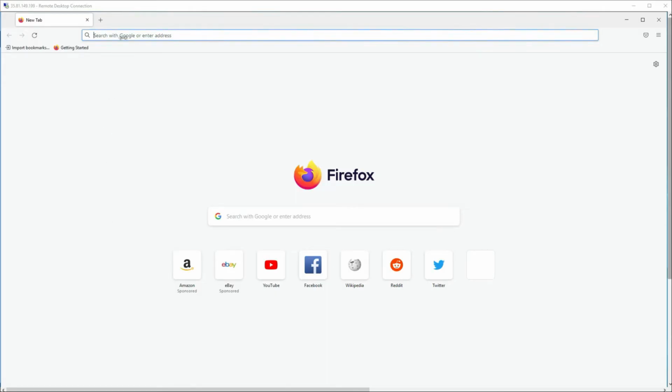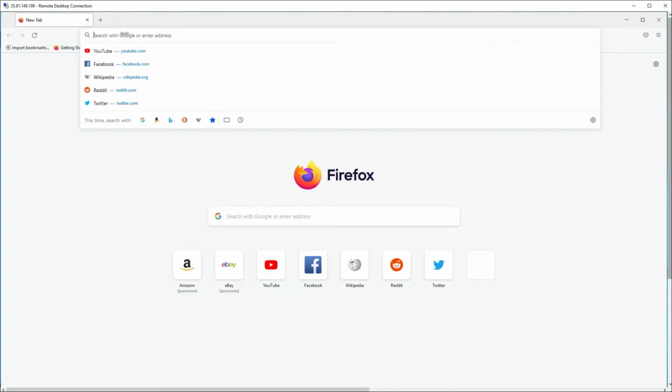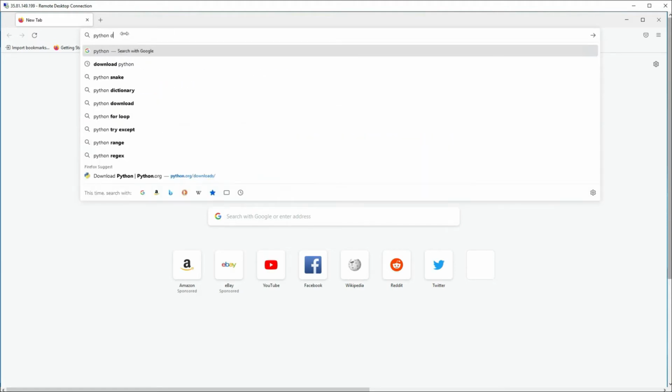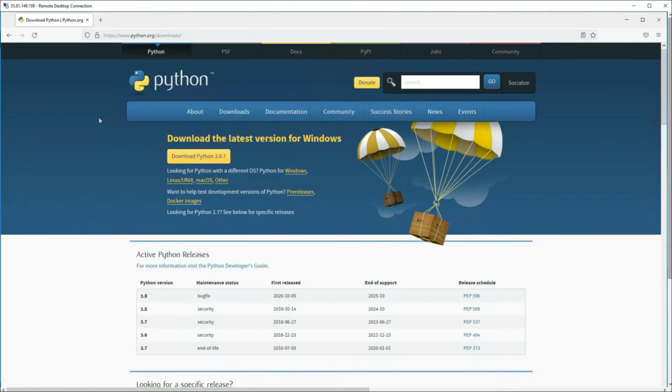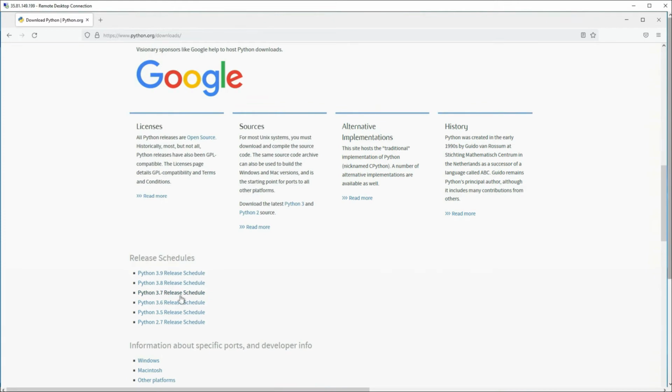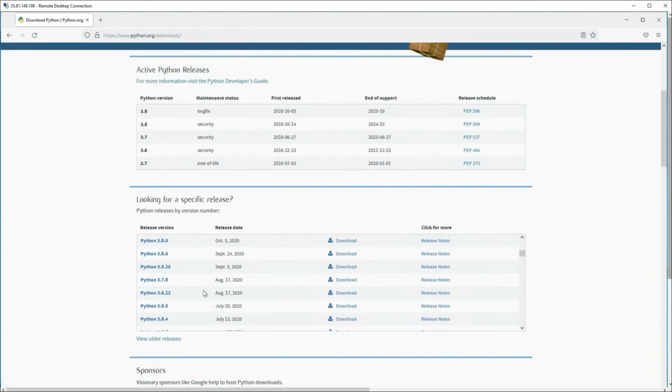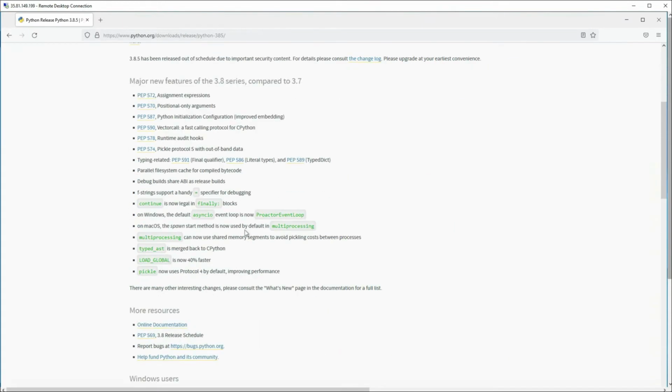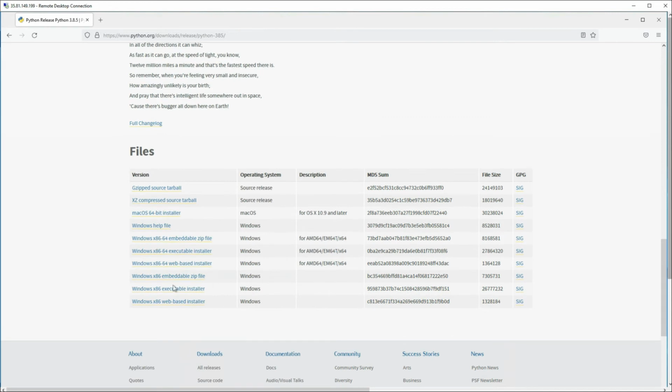Alright, I got Firefox installed on my machine. Next, we got to get Python. And also, I'll include all the links to the downloads just to make it a little easier. But if you're following along with me, just Google Python download. And it's going to be python.org/downloads. And you can use any of the 3.8 for this. So I am just going to scroll and find something. Python 3.8.5, that works. So I'm going to do download. Scroll down again, and I'm going to look for the Windows executable. And there it is, the 64-bit executable installer. Click that, save,